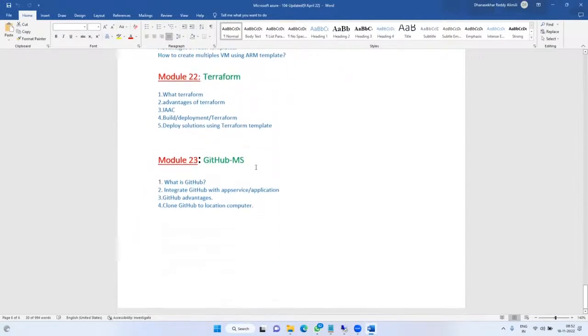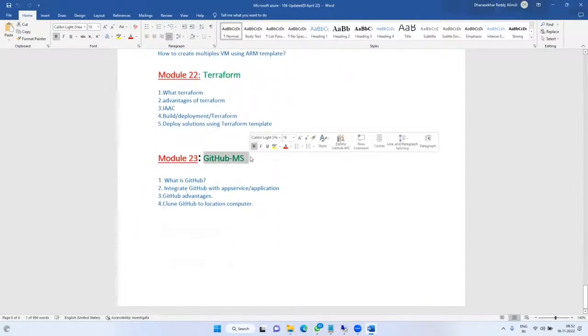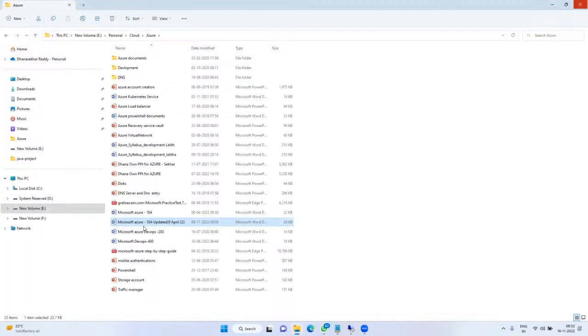Next, module 23 is GitHub. What is GitHub, how to use GitHub, and how to maintain our project source code, that we'll see in module 23. These are all about the AZ-104 syllabus.